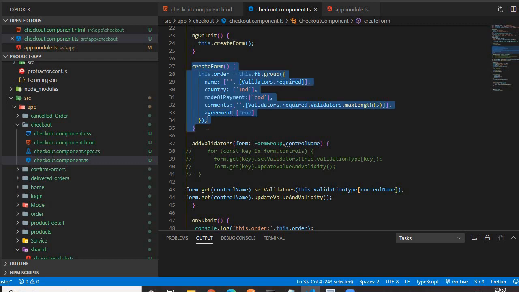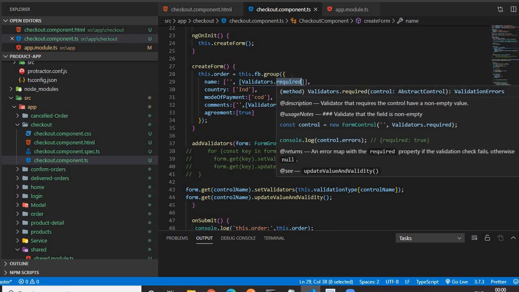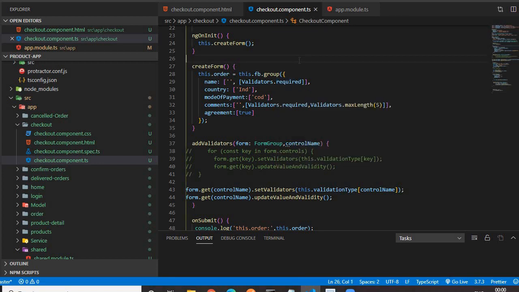The main difference between the template driven form and this reactive form is that most of the code for the reactive form is done in the TS file. Most of the code means all the validation: required, max length, min length, email validation, Validators.email, Validators.minLength, then pattern validation, Validators.pattern. All kinds of validation we have to do in the TS file. For the template driven form, the basic form, all this validation we have to write in the HTML file. If you want required validation, we have to write it in the HTML form. This is the main difference.